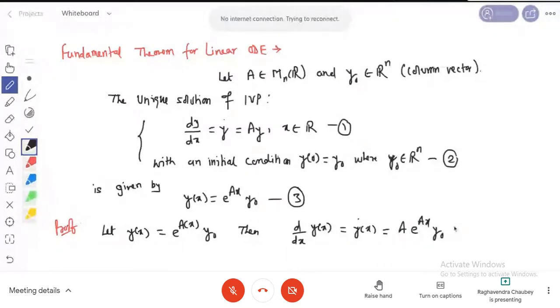And here if we write this term, then A e to the power Ax y0 equals A y(x). Now you see that if we put the initial condition, putting x equals 0 here,